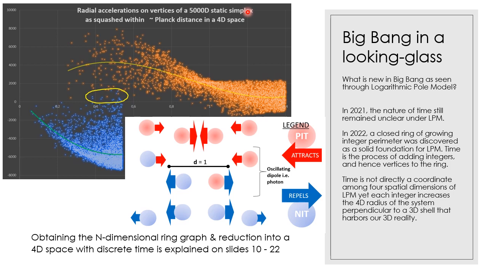But the cloud of outwards accelerating nits, that unfortunately are depicted here in the orange color, not blue, have gained a kind of potential impulse that gives them lift outwards. What is noteworthy here is that there are also some pits that have outward acceleration, and more accurate simulations would be needed to